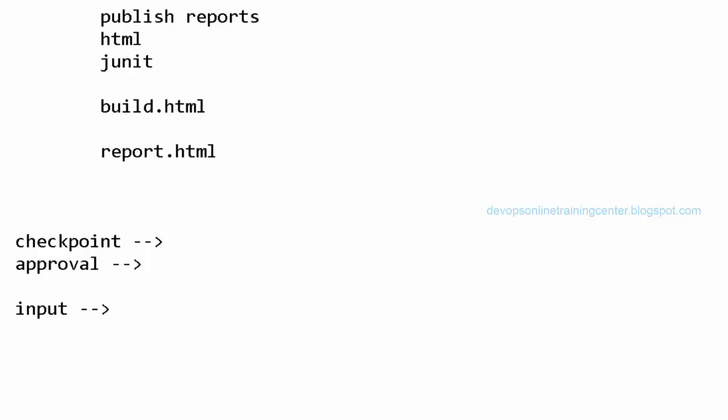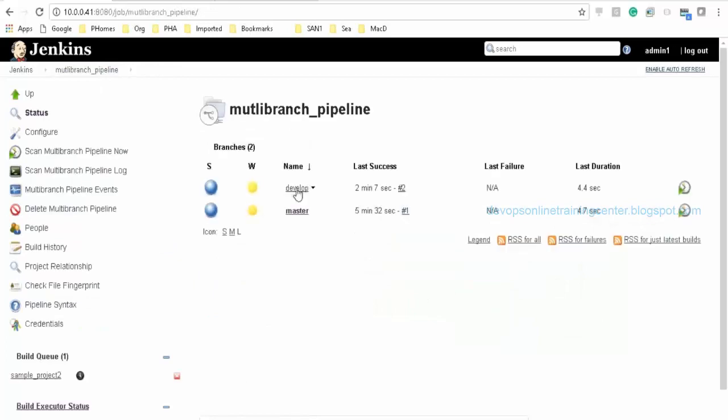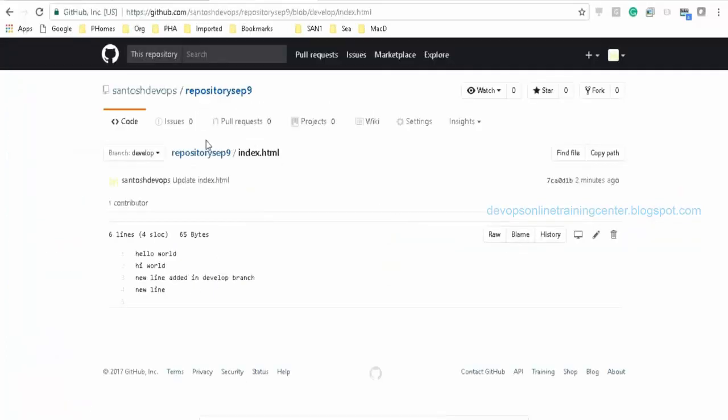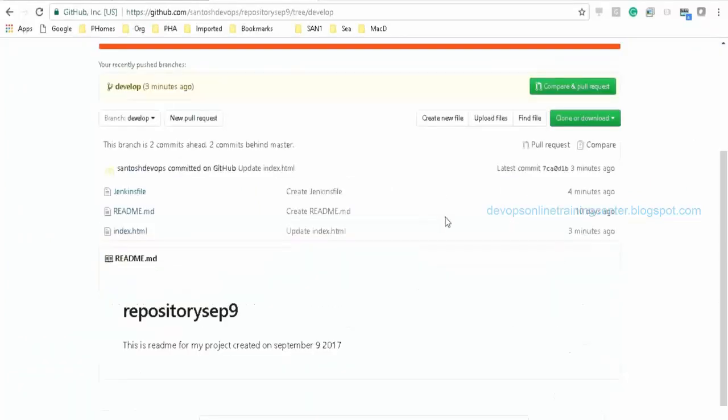It will ask whether you want to proceed or stop. Here it will give an option to press OK or stop. If someone clicks OK, then only it will go to the next step. Okay, so that option we also have in the multi-branch pipeline. We can write the code to do that in the Jenkins file itself.